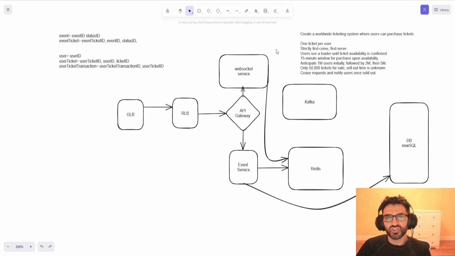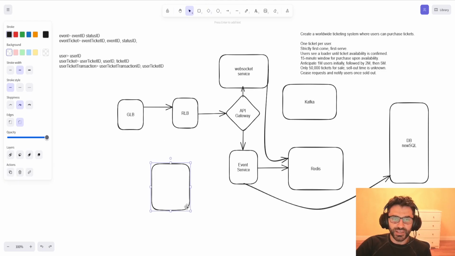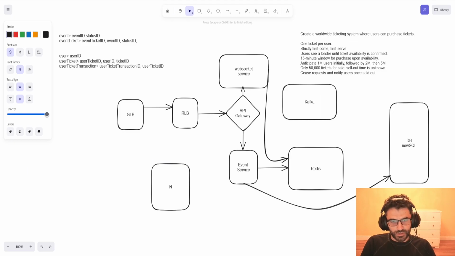Because this is a distributed system, we want to make sure that all the servers across the globe have the same time. We can do that by using either a network time protocol or a precise time